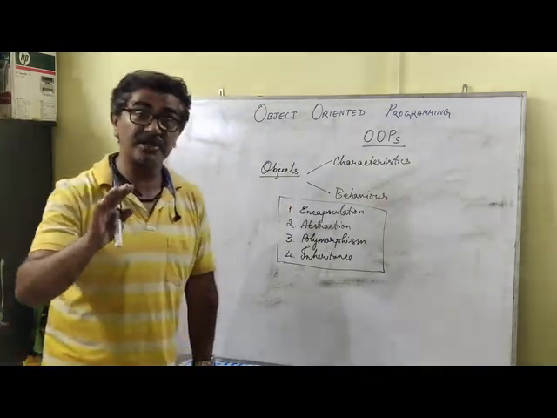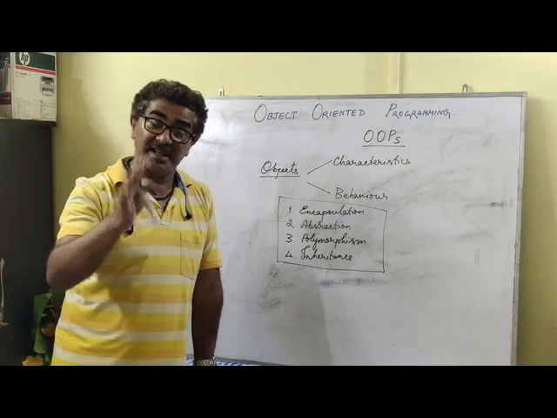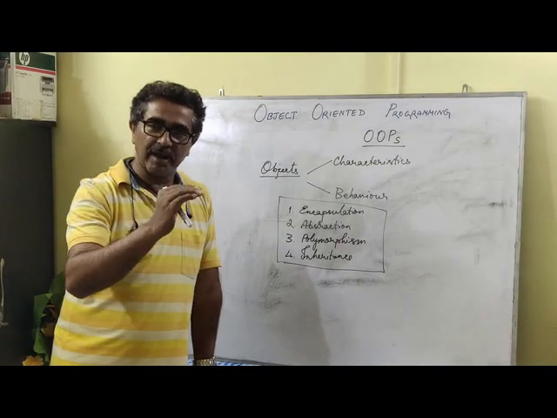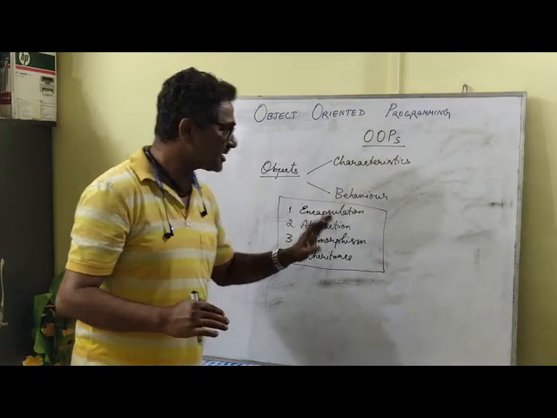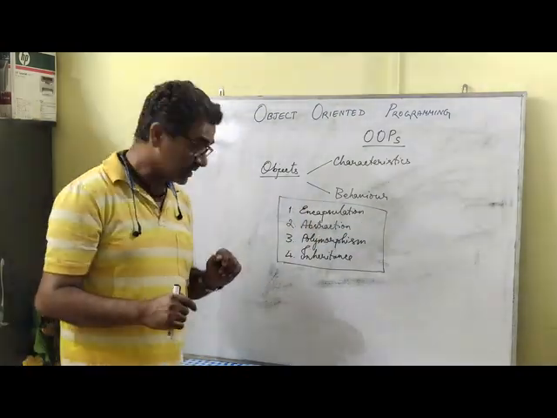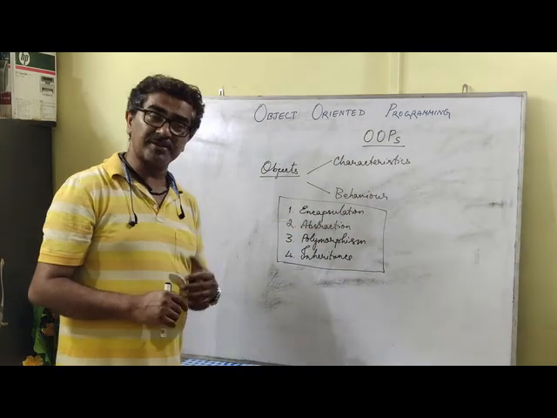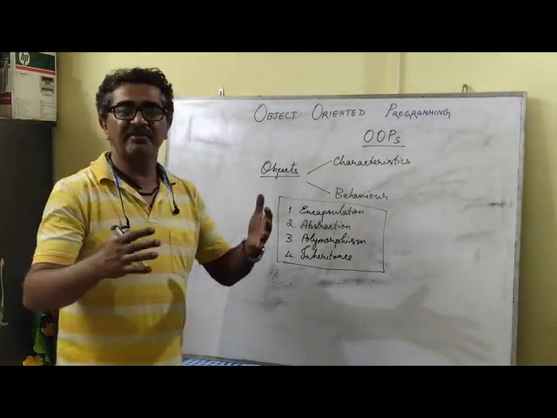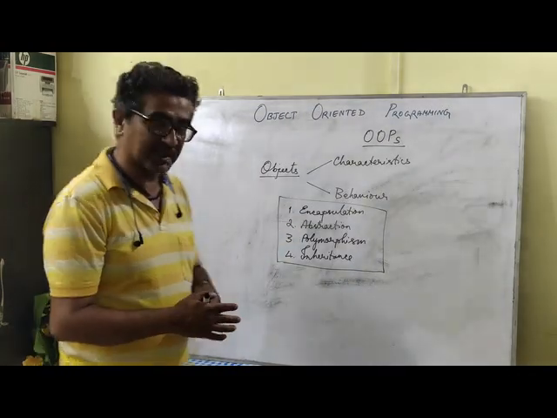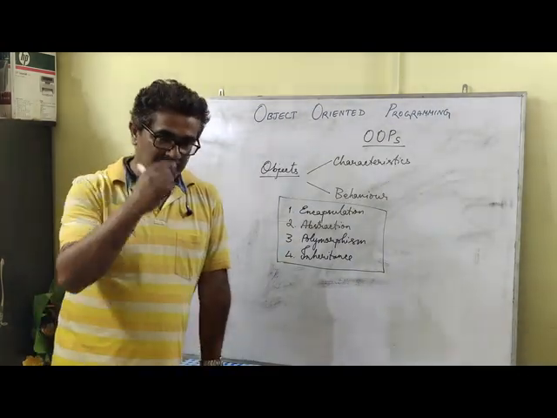That means encapsulation means protective covering. This is essential when it comes to programming which involves security. So this is the first aspect of object-oriented programming. The next comes abstraction. Abstraction means hiding the complexity and giving a very, very simple interface. What do I mean by that? Hiding the complexity. For example,